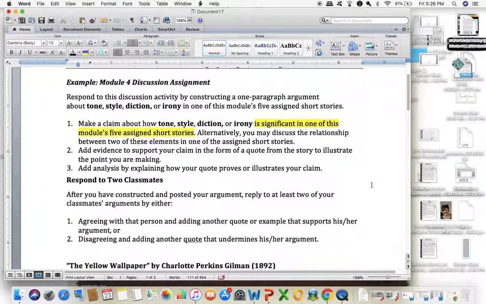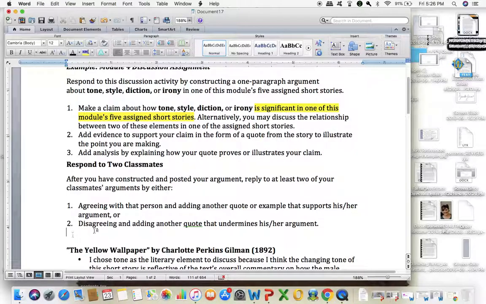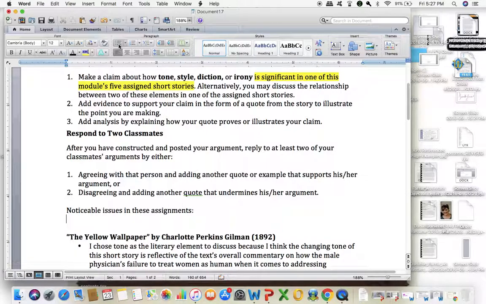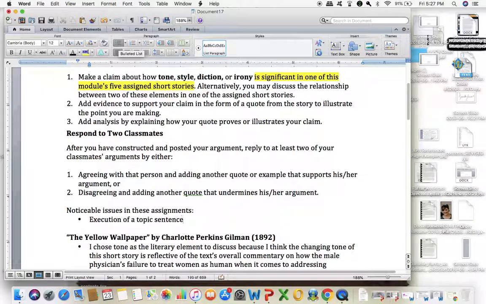The major noticeable issues in these assignments include the execution of a topic sentence. I've talked about this at length in a variety of video lectures, as well as in some of the handouts you've been given, and it's also repeated in the writers' workshops that you've been asked to read through in every module. But the topic sentence